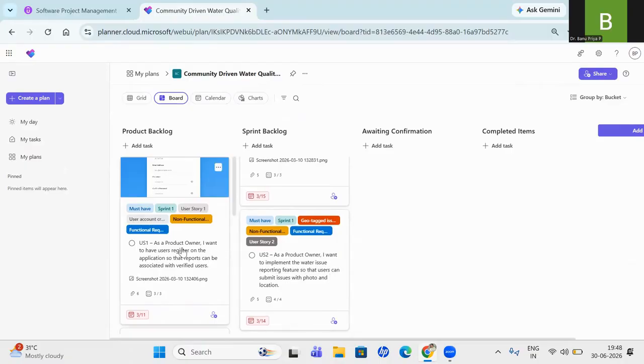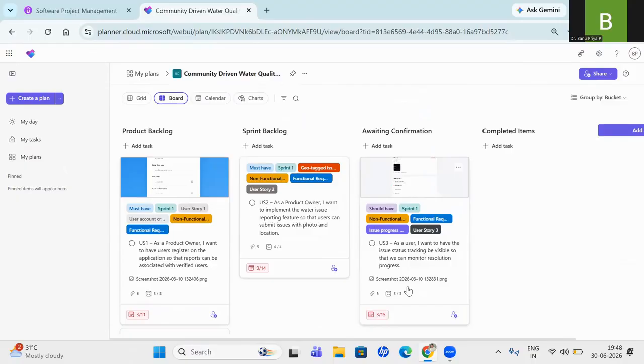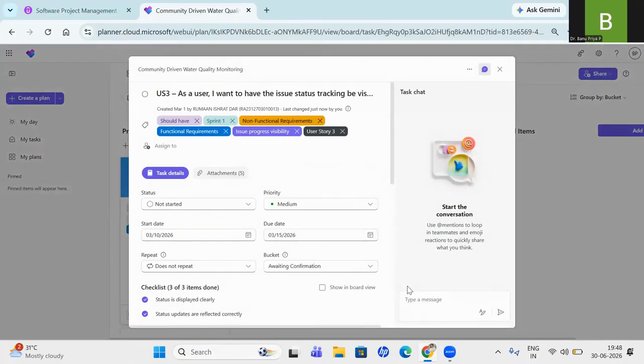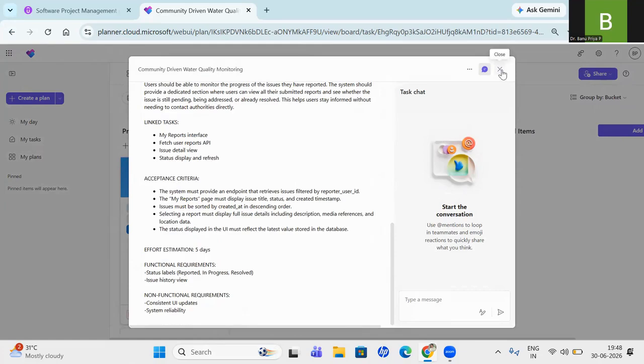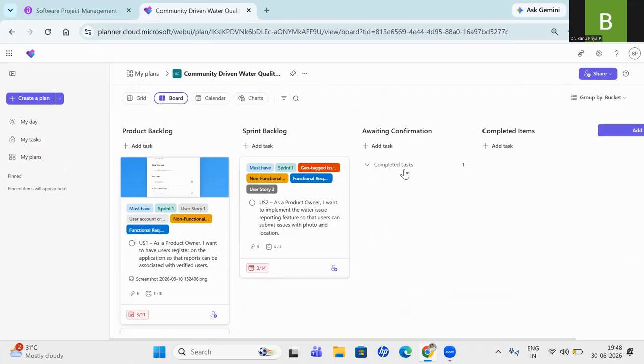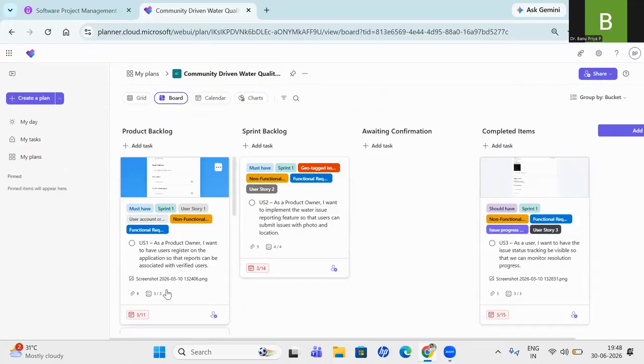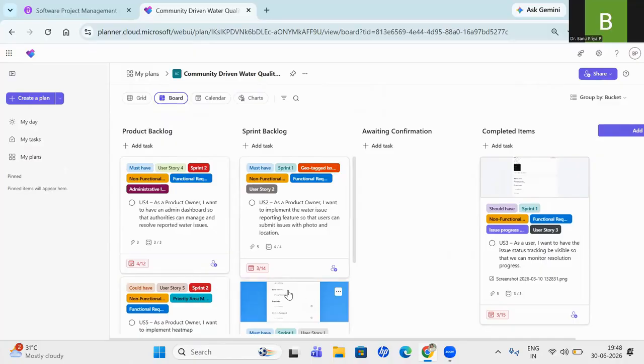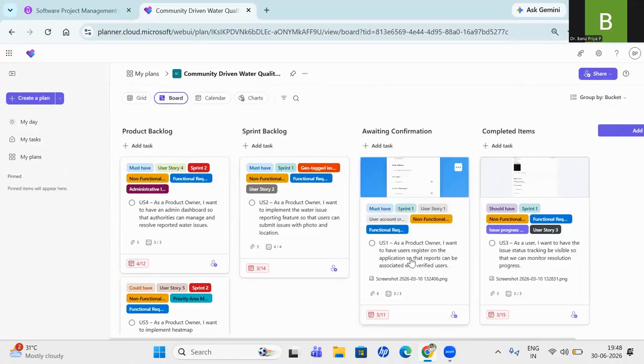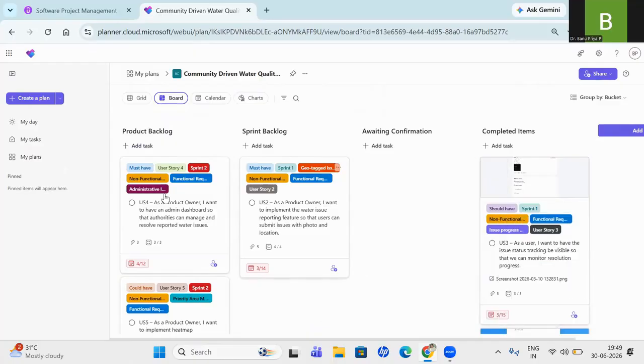Okay, let's take once after, if I think I have completed this particular user story, I will send that to awaiting confirmation, and here I should have given this date and all. Here it is completed, I should have given it. And now if it is completed, this will be striken down, and I will be having here the results and all. It is completed task, right? Once after, if I think it is completed, I will push that to completed items. Now, next I can do the next sprint. Once after it is completed, it will be waiting for awaiting, then completed like this. So like this only I can track my progress.